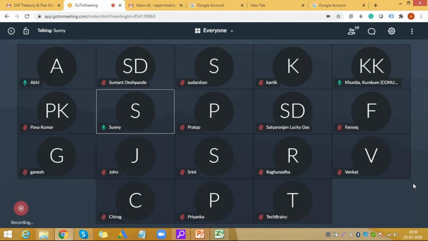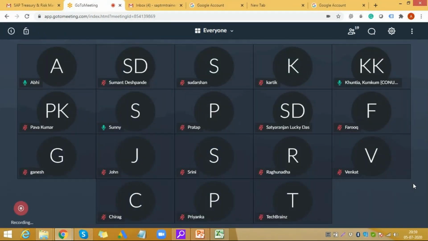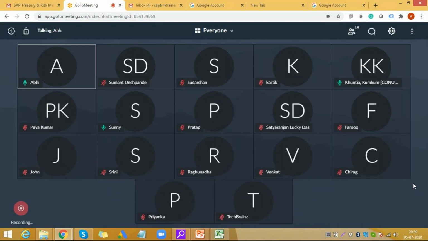That's correct. But basically, if I tell you that we will cover every product, it will not be a fair expectation on us, and I cannot promise that, because then the training will not even end for 200 days. There will be so many kinds of products, right? So there is a limited set of things that can be covered in a training, and then you can always try something and ask questions. It's not that we will not answer any question for the products that we are not covering.